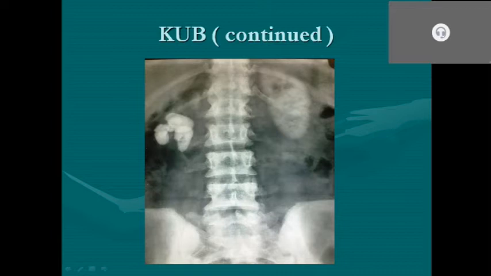Why are kidneys seen in X-ray KUB? There is another question which should come into your mind. Kidneys are seen because of rich vascularity and perinephric fat. That's why kidneys are visible in X-ray KUB, because of rich vascularity and perinephric fat. Like that, you should comment on the normal soft tissue shadows and abnormal soft tissue shadows, if any. The third thing you should comment on is any radio-opaque shadows seen along the line of the pelvicalyceal system, kidney, ureter and bladder.